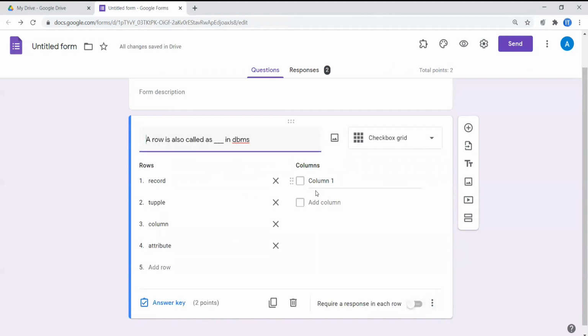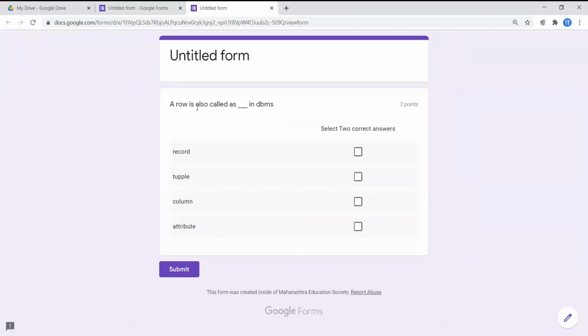I'll press done. Here you can see you can type select two correct answers. Now we will run this and you can see the change. Now see, a row is also called as dash in DBMS.